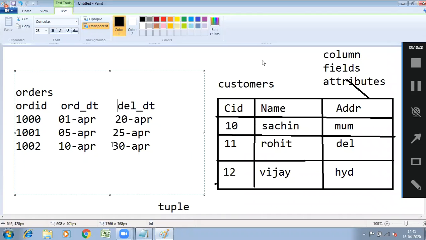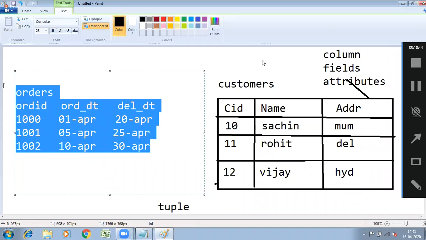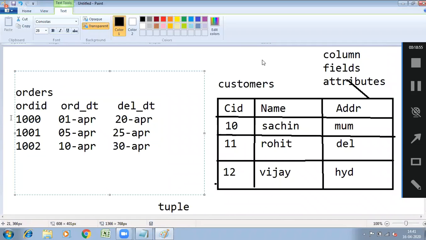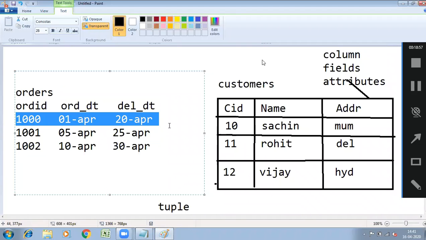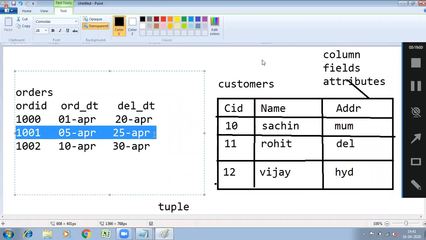But finally, orders should be delivered to the customer. In Flipkart, there is a delivery boy, and the delivery boy will deliver the order to the customer. So you give these tables to the delivery boy and ask him to deliver. Give this orders table, give the customer table and ask him to deliver the order. But can he deliver the order? No, because his confusion is this order should be delivered to which customer? And this order should be delivered to which customer?